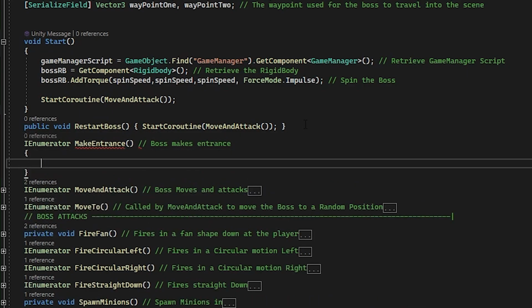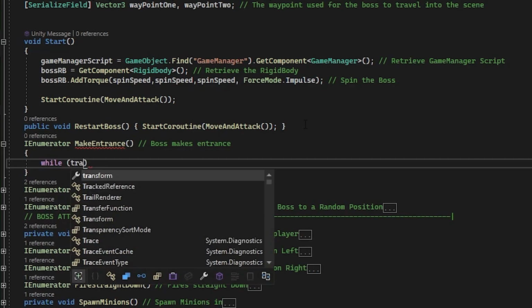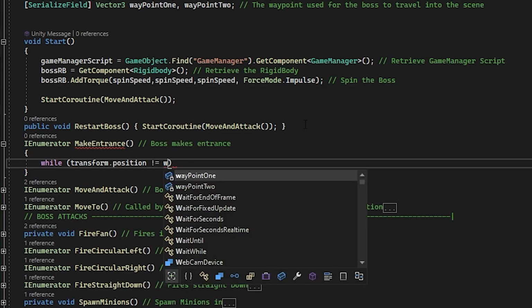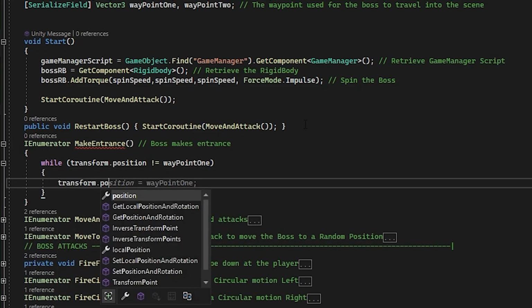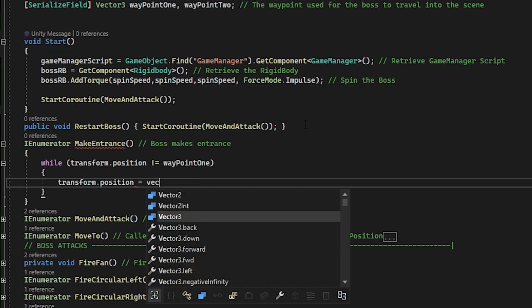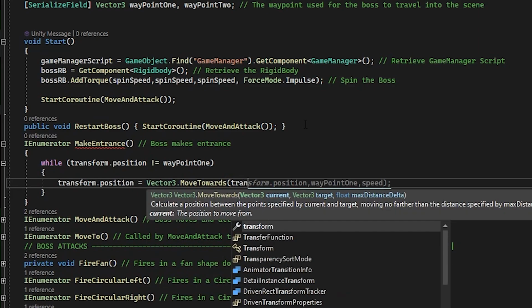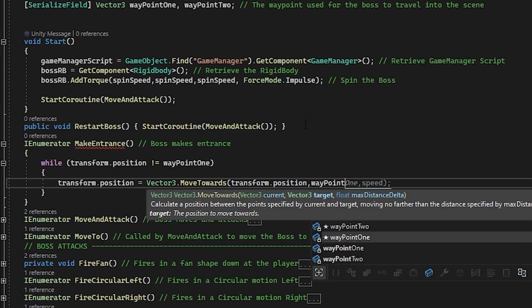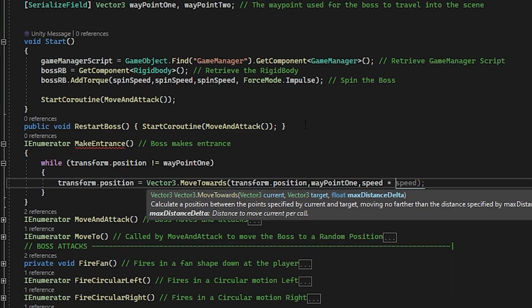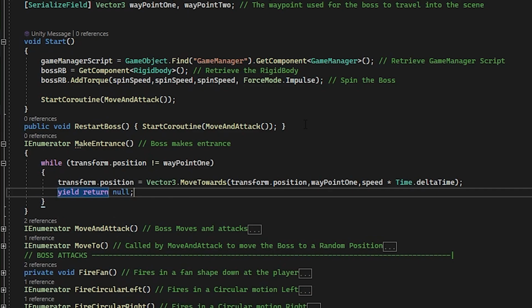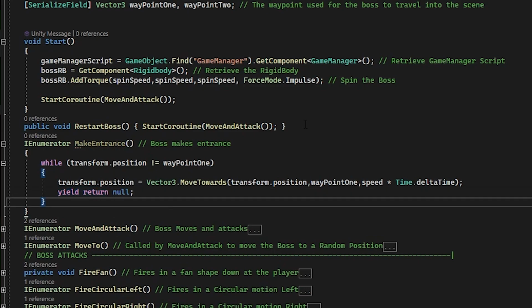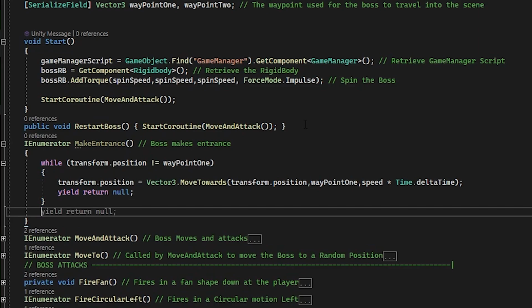And in the curlies, let's use our MoveTowards method again to move to the first waypoint. So while transform.position is not equal to waypoint1, and then in those curlies, transform.position = Vector3.MoveTowards(transform.position, waypoint1, speed * Time.deltaTime), and then yield return null. Then outside the while loop, i.e. after it's done moving, we will pause for a second with yield return new WaitForSeconds(1),